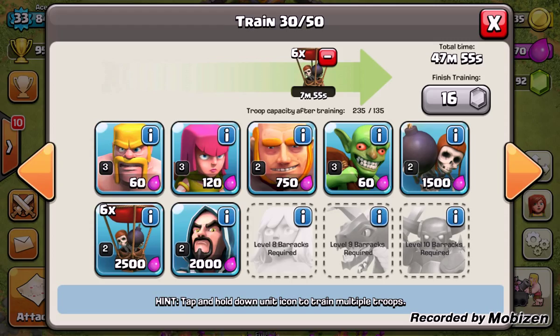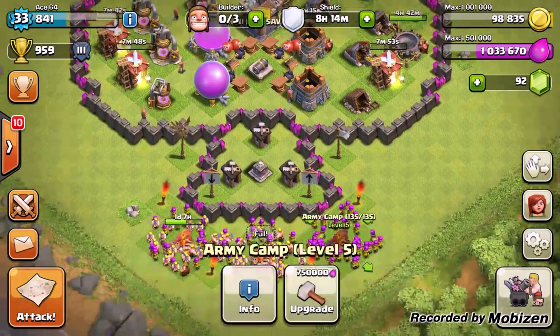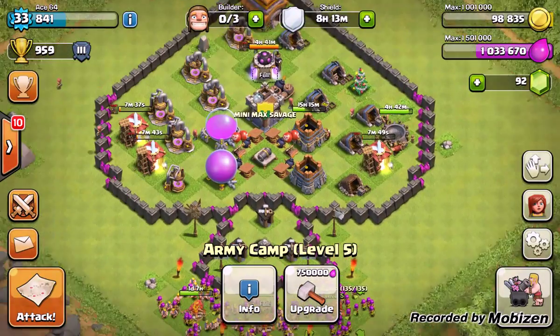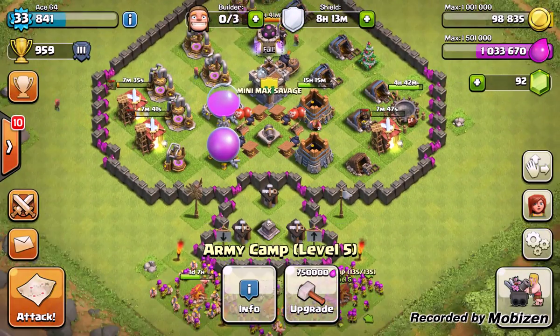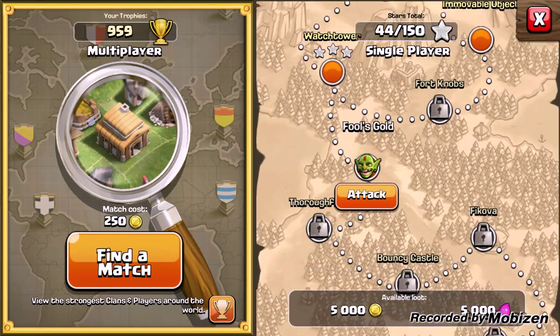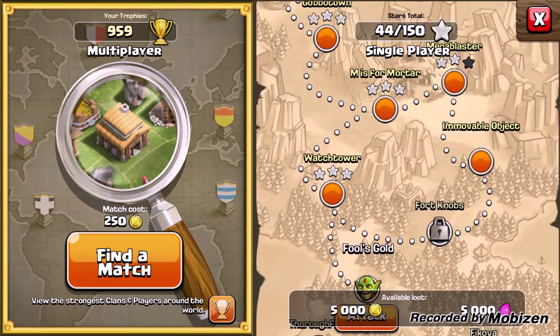And I won't use any wizards. I will use just archers. So let's see how many archers I have. I have 85 archers. So I'll only need like 30 of them, I believe. I think there's only like 35 archers that I'll need. So I can go attack one of these goblin single player maps if I wanted to just get rid of some troops,